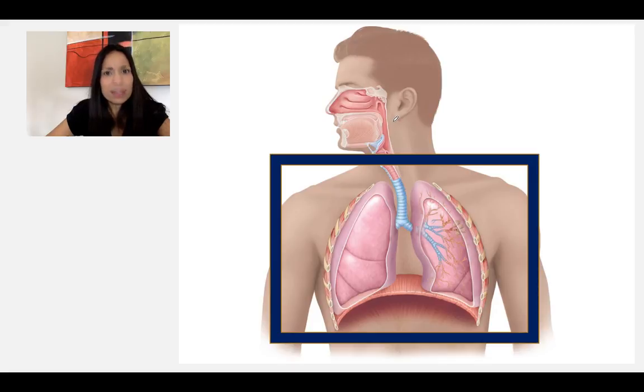Okay, so we're still in the conducting zone of the respiratory tract. We're just conducting the air that is being inhaled into the nasal cavity, the nasopharynx, the oropharynx, laryngopharynx, the larynx, the trachea, and now we're going to see that this trachea divides into the right and the left primary bronchus. Still, we're only conducting air, humidifying, filtering, warming the air that is being inhaled, making that air ready